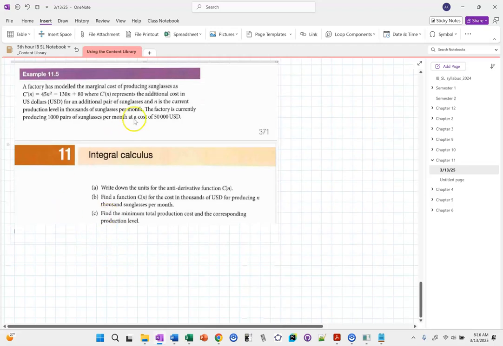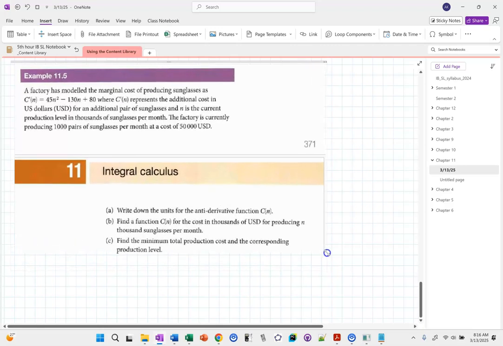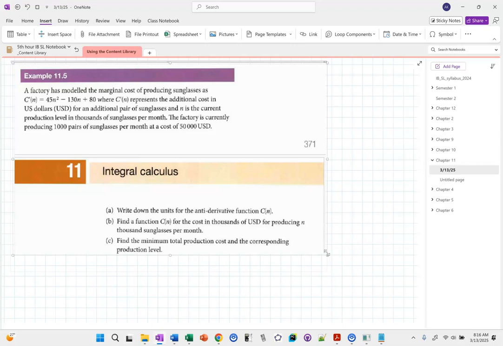So whoever, the company that formatted this textbook, I want to fight because they consistently do stuff like this where they have a problem and then the parts of the problem run onto the next page and it drives me nuts. It's like, do something with your formatting, or just put the whole problem on one page. You know, I don't mind the solution running onto multiple pages, that's fine. But it drives me nuts to read the problem and you flip the page to get to the parts and you're like, okay, what was that information? And you have to flip it. This is just lazy editing. Anyway,